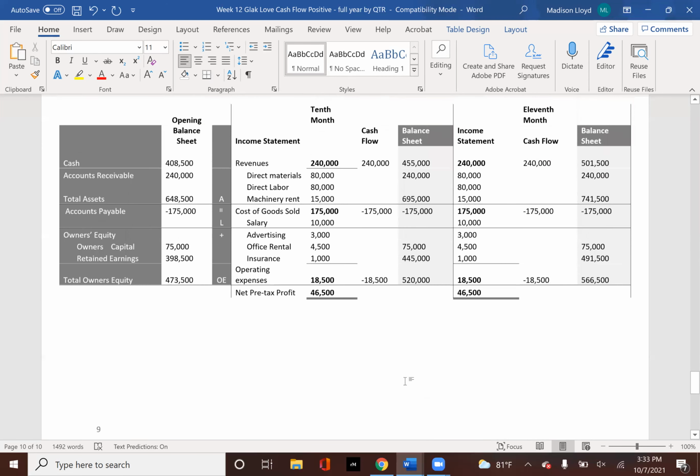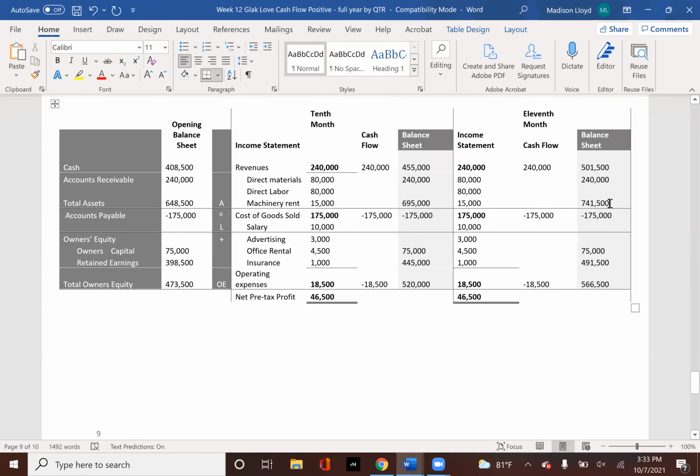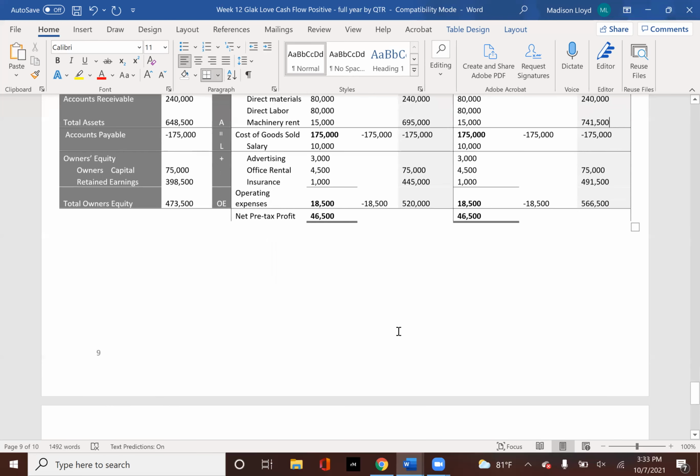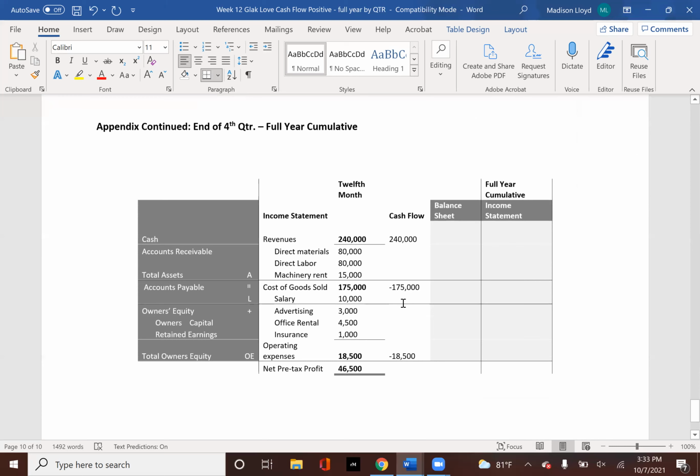So we're going to take our bank account. Okay, our bank account right now, or for our last month, is at 741,500. We're going to be subtracting our expenses out of this bank account. Okay, so you're going to subtract $175,000 minus 18,500, and you're going to end up with a cash of